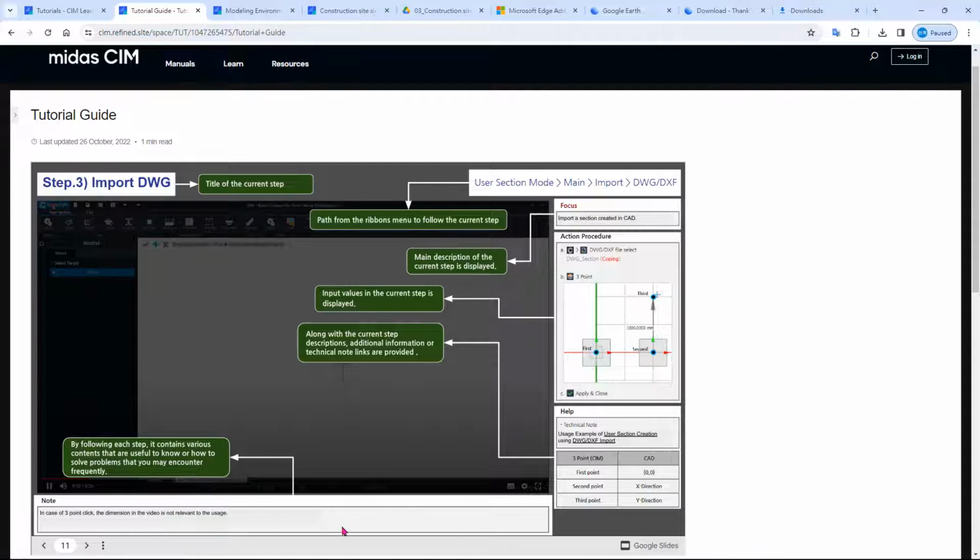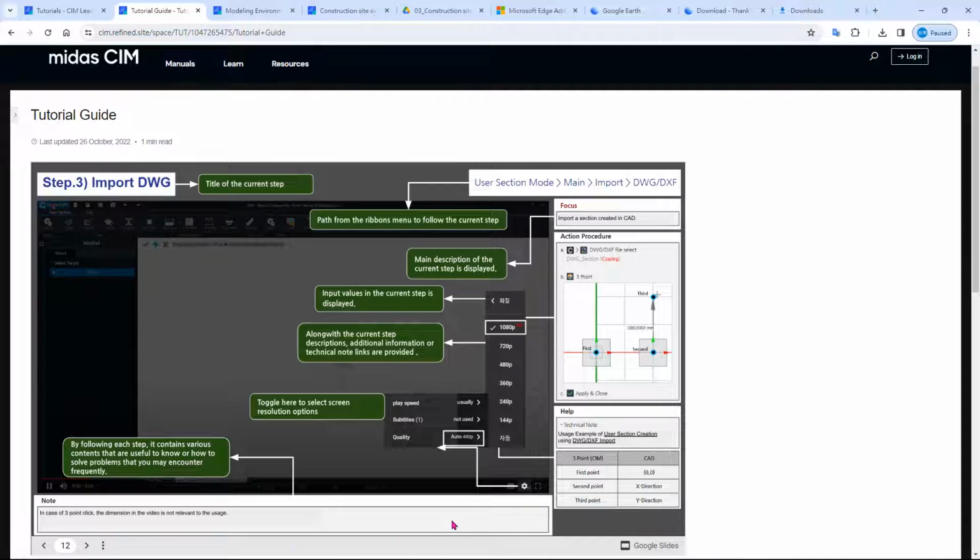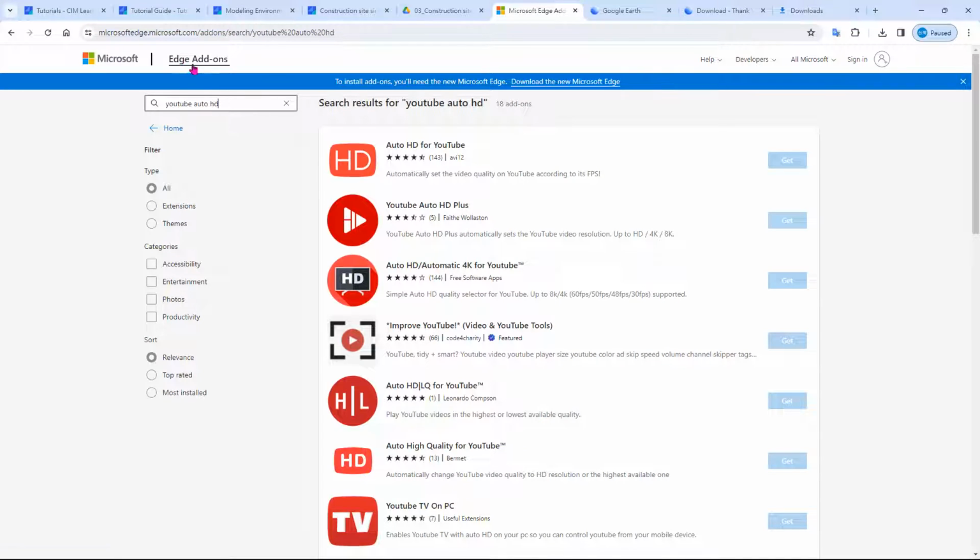And this one is also the note that correlated to the help that we just told you. And in here, usually the video will be automatically adjusted depending on the speed that your internet currently is. So to tackle that, usually we use this. So we just download an add-on depending on your devices.